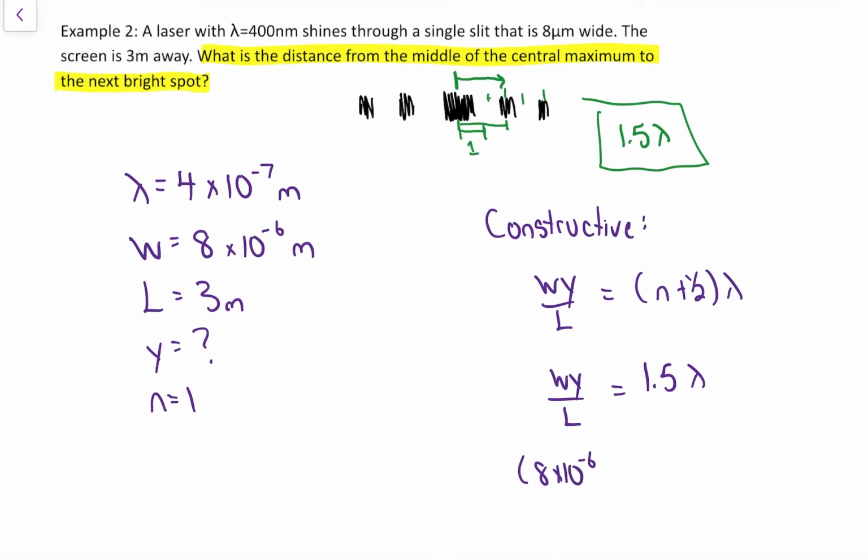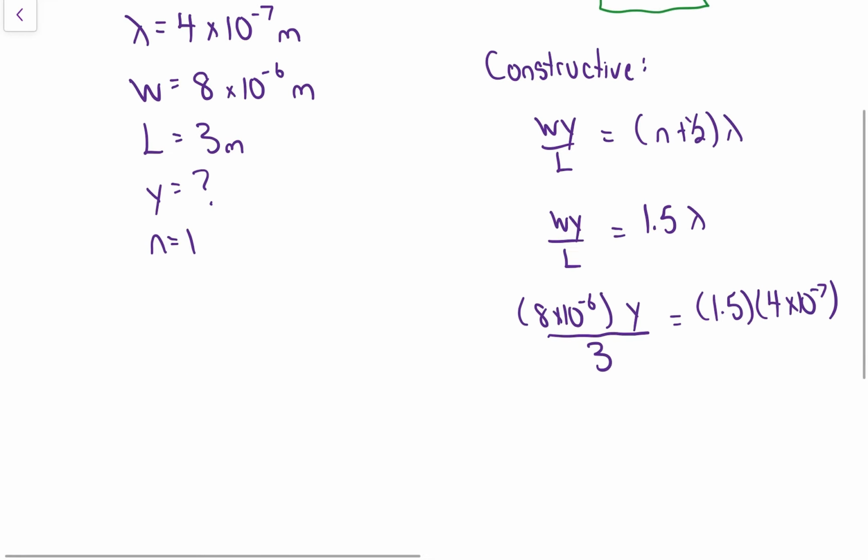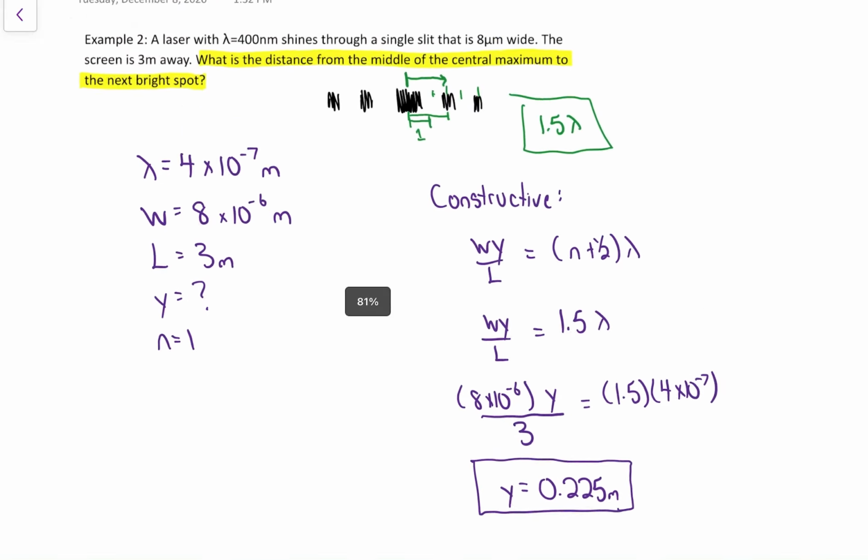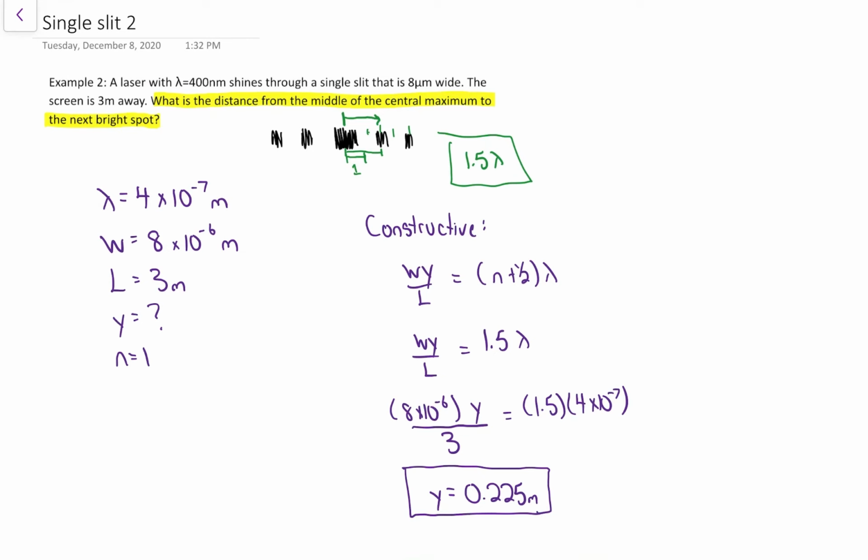Now we can just plug in and chug away. 8 times 10 to the negative 6 is the W. We don't know the Y. Divided by the L was given as 3 equals 1.5 times 4 to the negative 7. A little algebra on that. Y equals 0.225 meters. The point of this one was to practice the fact that it was bright to bright. Because that central maximum is so wide, it wasn't just one